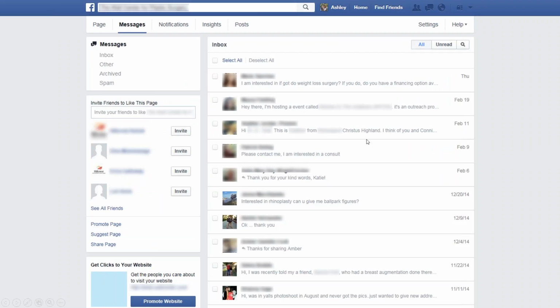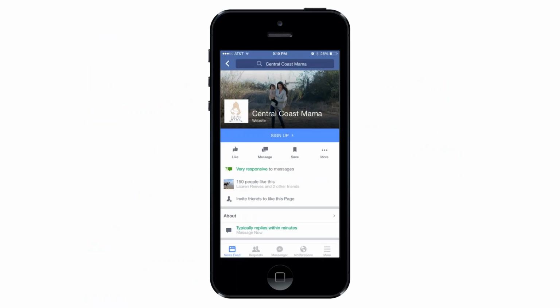Facebook today isn't just about public posts and messages. It's also about direct private messages. I've blurred the names here to protect the privacy of both the practice and these people. But what we see is that lots of messages are being generated, and just like Yelp, Facebook now enables businesses to signal how responsive they are. This is a very responsive business here in our local market. They typically reply within minutes. They're using customer service not just as a tool for marketing, but as a discrete service advantage that is allowing businesses to gain an edge.